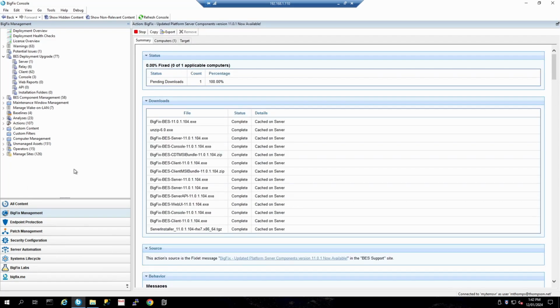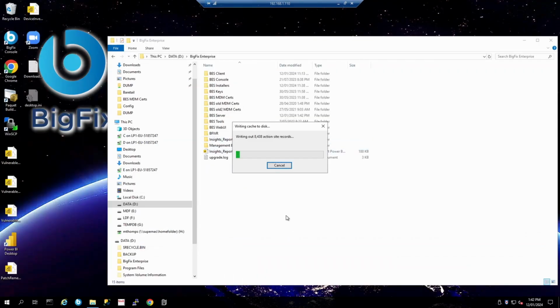Now generally, once I start to see that it's pending downloads and the agent's reporting, I shut down the console, because we're not going to get too much more information showing up here. Part of what we're going to do here is update the console version in line with the version of the database schema and the BigFix server version that we've got. So this old version won't work, and it's going to also want to upgrade it. So what I like to do is close the console down,